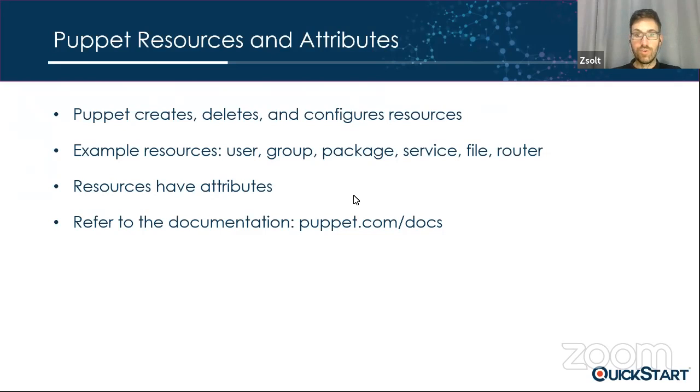Basically everything you need to know about built-in resources in Puppet. And the good news is that given that there are thousands of different types of resources available that you could configure, someone has already written the Puppet code for it, and it's available online. Actually, you have access to more than 6,000 different resources online, and you can use the code yourself as a default configuration. You can also modify, obviously, the configuration, but it's maintained as open source, which means that there are many eyes on it, and this gives the reliability of the solution as well.